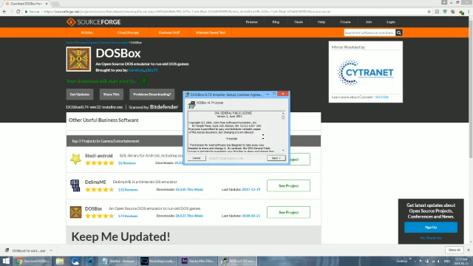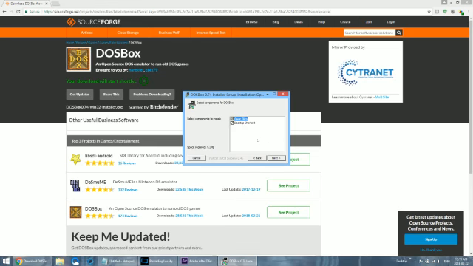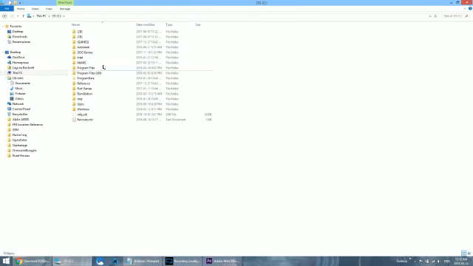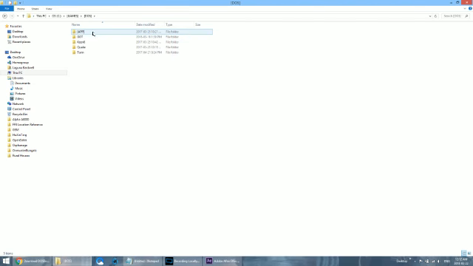So once you get DosBox set up, it'll ask you do you want to install this? You hit next, no one ever reads the user agreement, just hit next, core files, desktop shortcut. Then it asks you which folder you want to install it to. I'm going to cancel out of mine because I already have this installed. I installed mine to a very specific hard drive. So I put it under my Games DOS app folder,